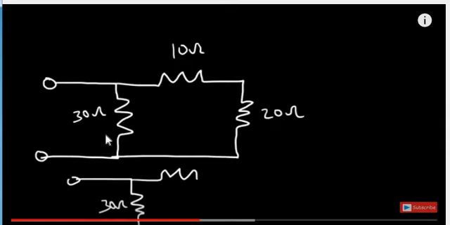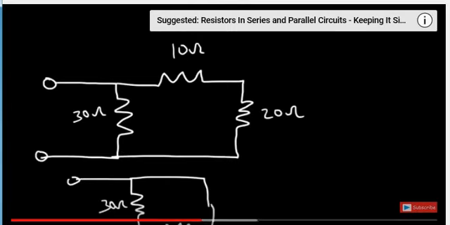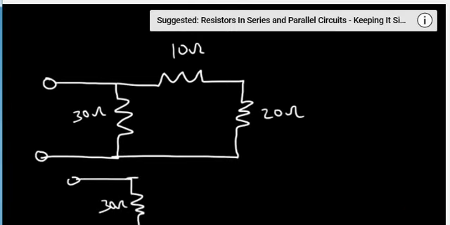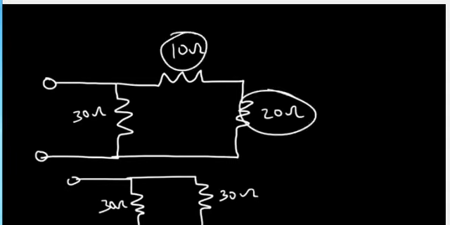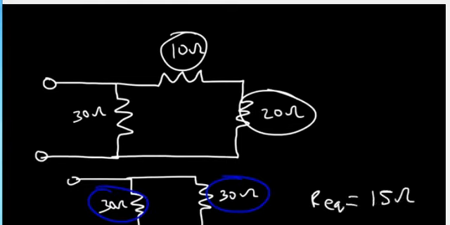Here again it is 30. So how is the circuit? It is a parallel circuit. So 30 parallel with 30. What will be the answer? How to calculate it? When two resistances connected in parallel have the same value, the R equivalent is equal to half of that value, that is 15 ohms. You can directly write it.